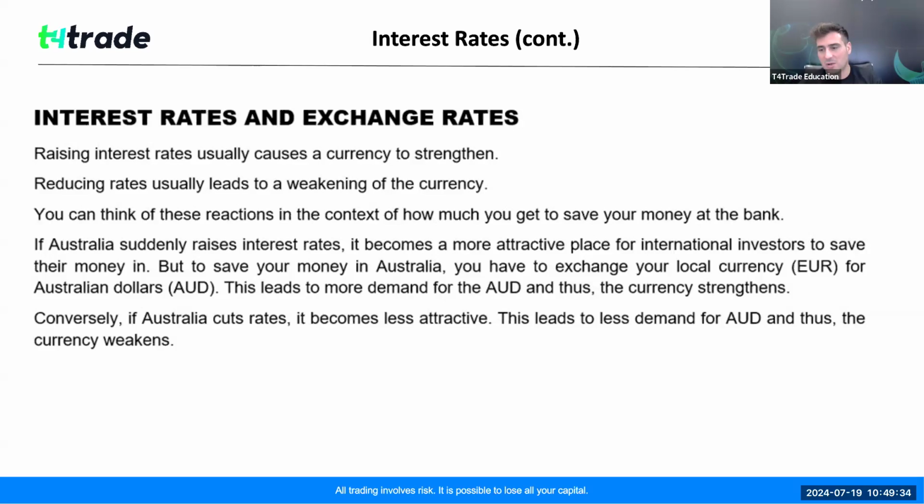Let's just say you are a US citizen, and the RBA raises interest rates. As a United States citizen with dollars in your account, you see Australia raising interest rates to 5%, and in the United States, the interest rate is at 2%, 3% more. So what they do, in a sense, is